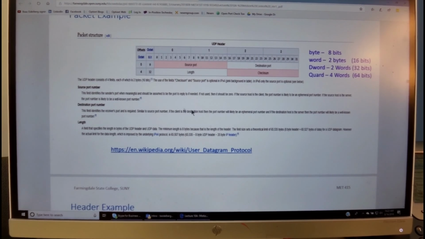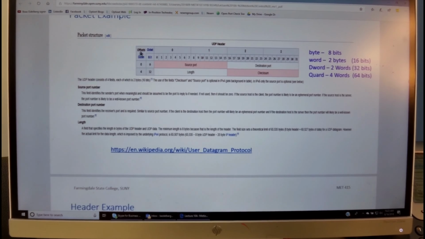Again, we will not get too much into the details, but we see that each bit has a designated description. We see that 1 byte is 8 bits, a word is 2 bytes, 16 bits, and so on and so forth.